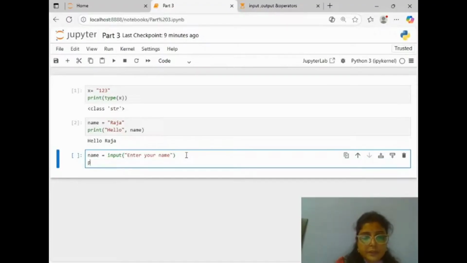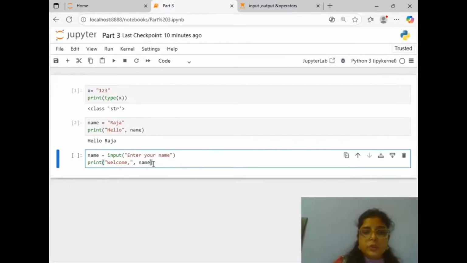And then print welcome name. Okay, let's try to run it.